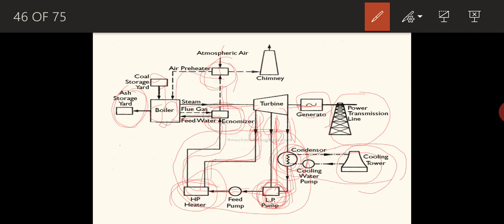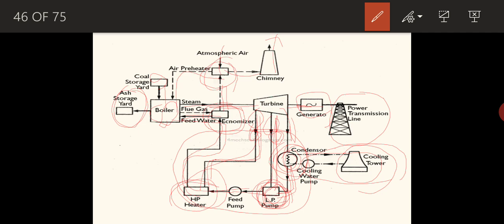That means for heating of the air also, we don't need to give that much energy. The energy consumption for heating air can also be reduced by this process. Also, the flue gas temperature is further reduced, and after passing through the preheater, the gas will be passing through the chimney, and finally it is going out. In between, to remove the dust and all, separators will be provided inside the chimney. So that is all about the flue gas circuit.